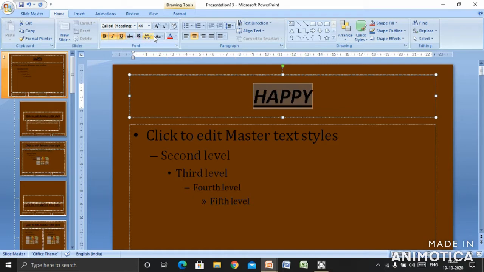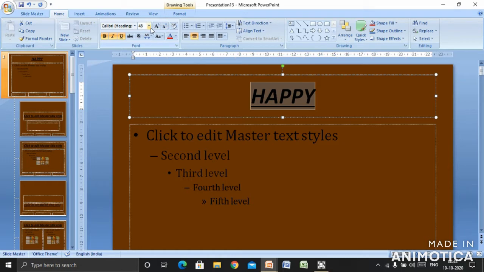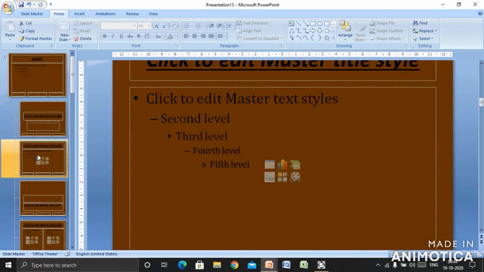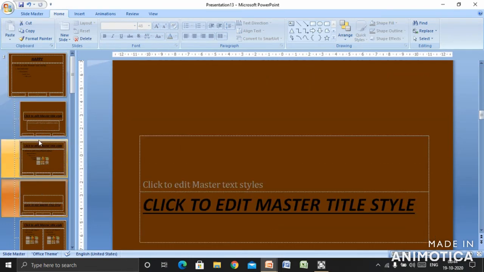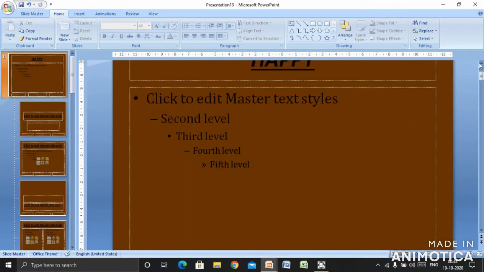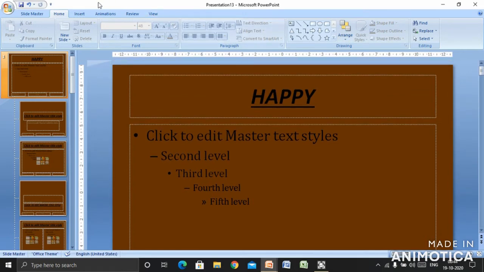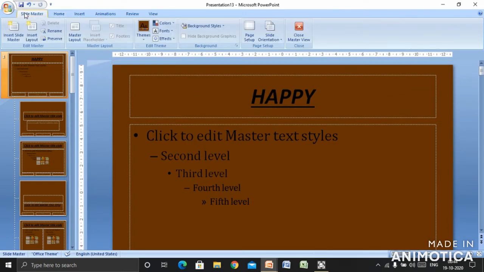Now from here I can increase the size. I can decrease the size. So this is the formatting. So now children, you can see here that whatever the changes I have made here, it is there on all these slides. So whatever the changes are made in the slide master is visible in all the slides attached to it. Come to the slide master. So this was about the slide master.